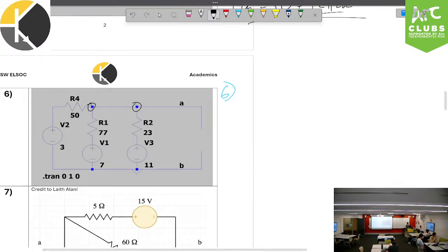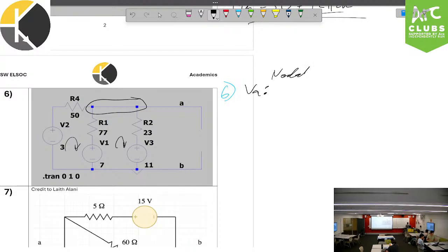I see a few nodes. I also see a couple meshes. You can do either method. I like nodal here, just because it's one big equation. I kind of just lied and said it was 2 nodes. It's 1 node. So, VA,